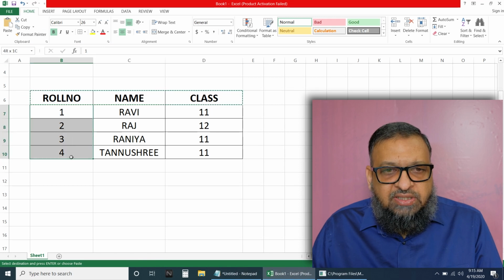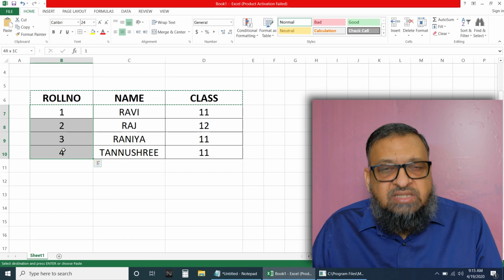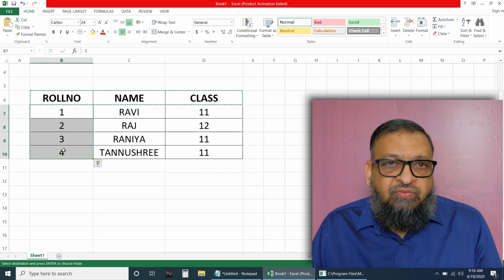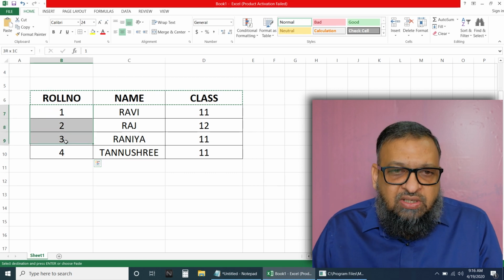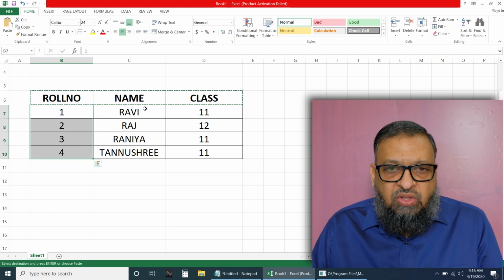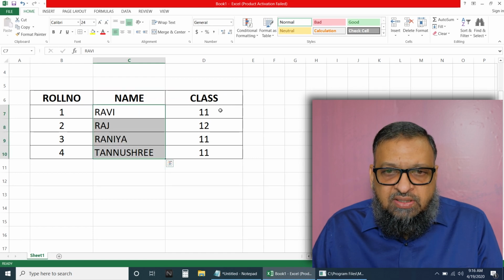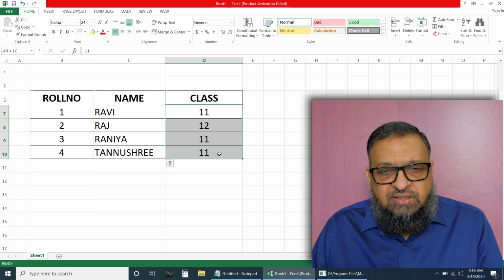See the Excel sheet, the data type here is integer. Now here come the data types. Data type means what type of data we are going to store. Now here you can see we are storing integers or numbers. We are storing characters here. Fine. We are storing characters here. Then here we are storing again integers or numbers.